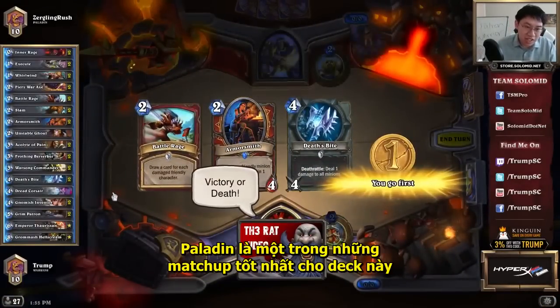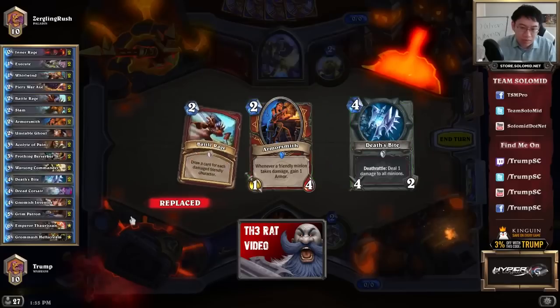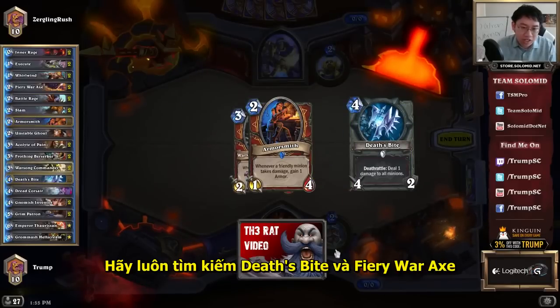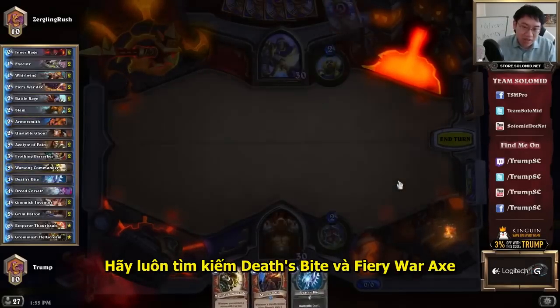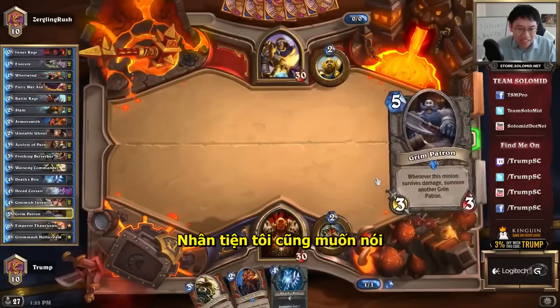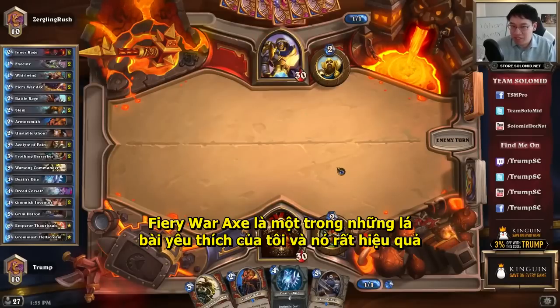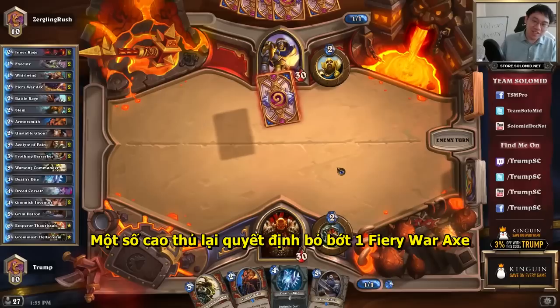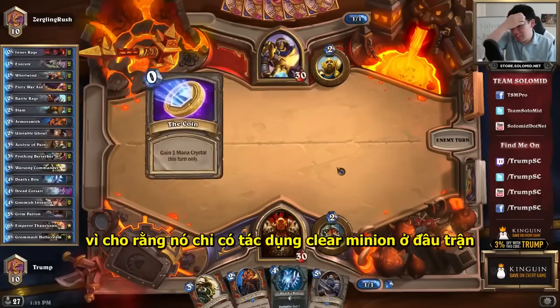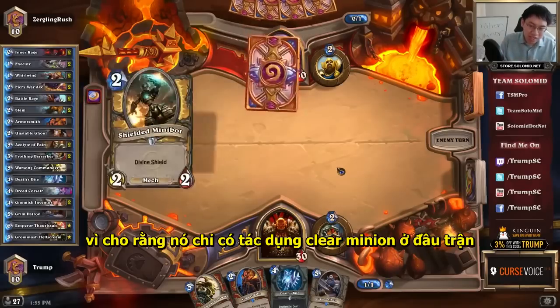Victory! Paladin turns out to be one of the best matchups for the deck. Always look to keep Death's Bite and Fiery War Axe. One thing that I should mention, by the way, is Fiery War Axe has always been one of my favorite cards and is very efficient, but I will mention some top players have been cutting one Fiery War Axe just because they see all the early game minions with it,